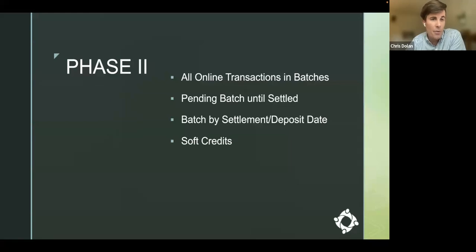Soft credits. I was actually testing that this morning. That work is all done. Really exciting. This is the ability, if you have people donating through foundations and you need to give somebody credit, the example I always give, and I don't have a foundation, but let's say the Dolan Foundation made a gift and you needed to give me the credit for that gift, you could associate me and I would get credit towards my pledge. And you have the ability to show that on a statement in a separate section that clearly shows it is not a tax deductible thing, but it is a soft credit, and it shows on their contributions tab as well. So that is part of phase 2.